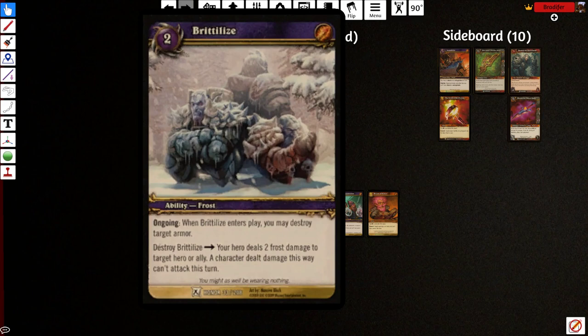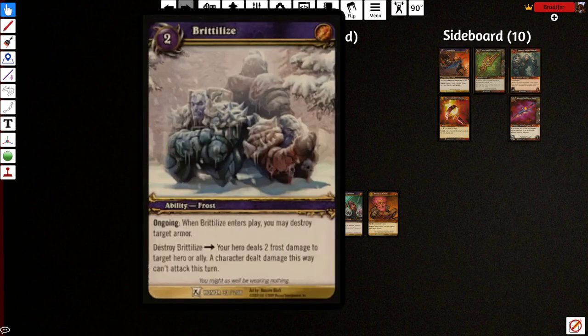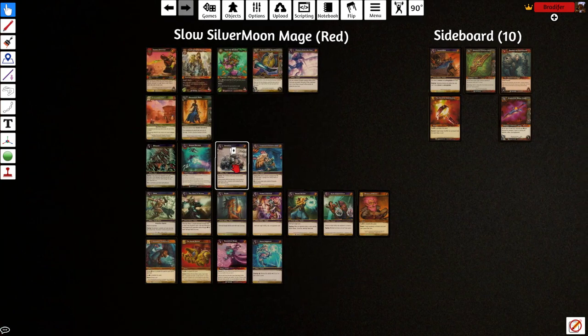We have some Brittilizes. It's 2 mana ongoing. When it comes into play, you can destroy an armor, and you can sacrifice it, deal 2 frost damage to a hero or ally, and they can't attack this turn. That's good removal versus small allies, and it also doubles up as a 2-for-1 against equipment-based decks. You just get to pop off important armors for them. It also can come back into play